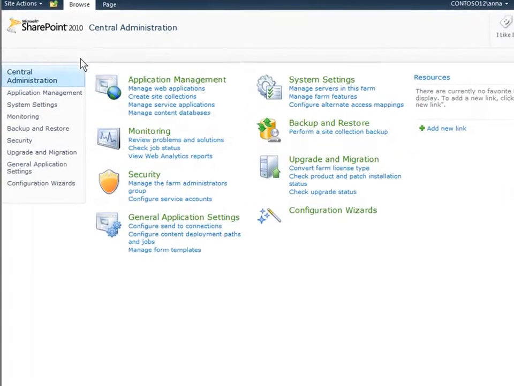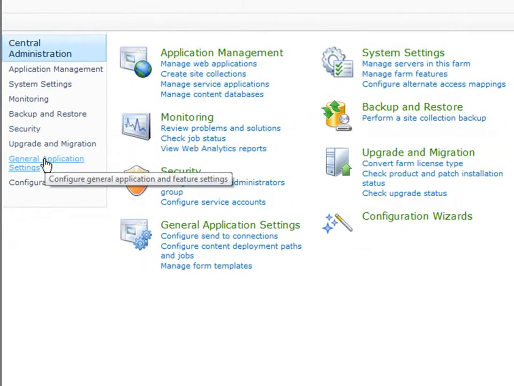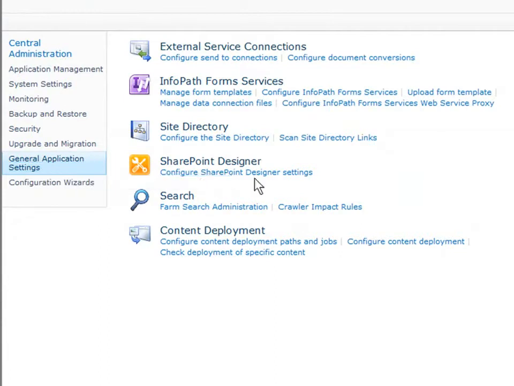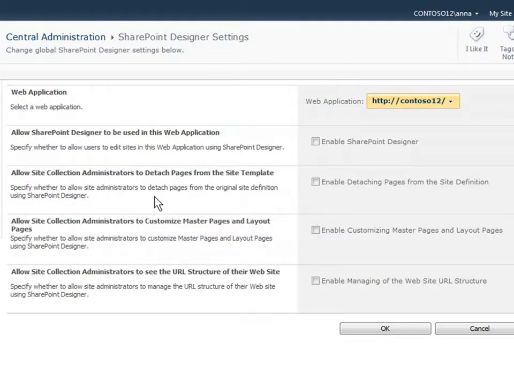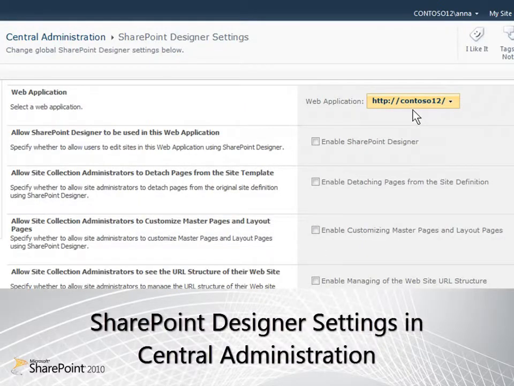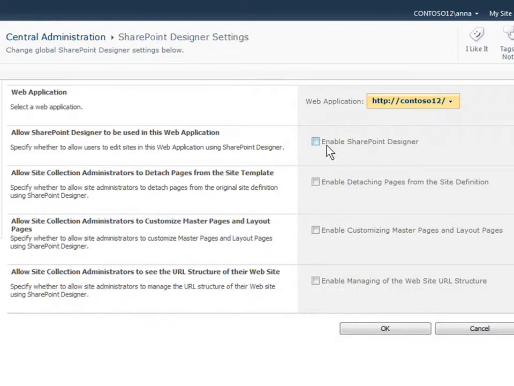We'll look at both pages, but let's start with Central Administration, where we choose General Application Settings and Configure SharePoint Designer. In this example, I'm going to enable all SharePoint Designer settings at the application level for all site collection administrators. I enable SharePoint Designer, allow detaching pages, master pages and page layouts, and the site URL structure,